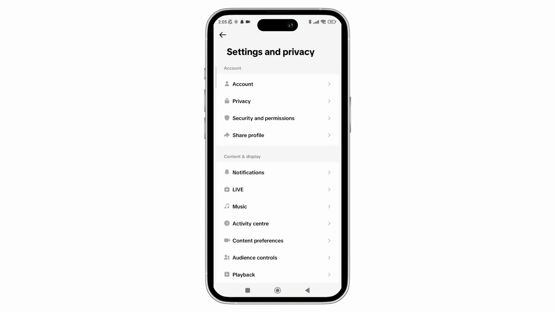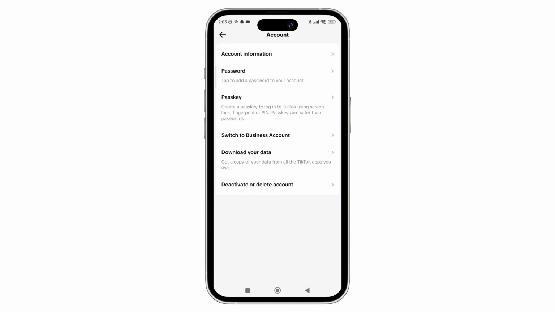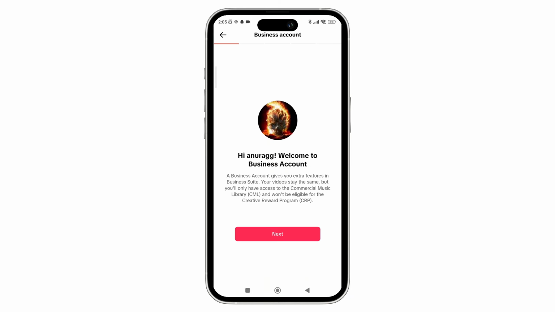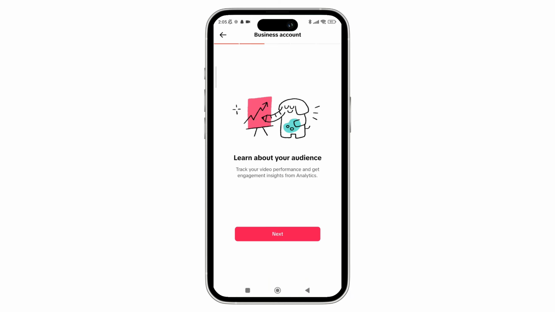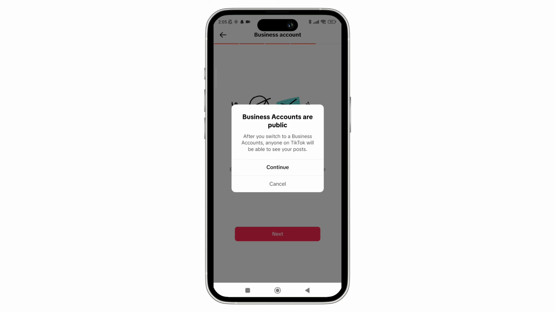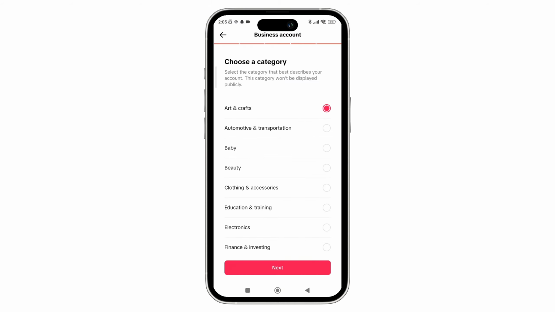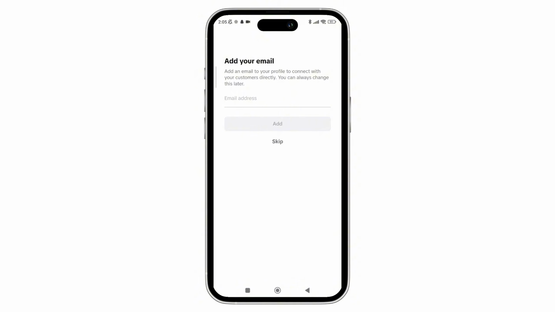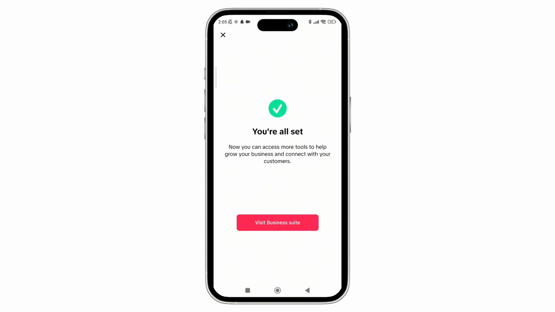And now here, once you are in this section, just select account. And now here inside the account, there you can see the option labeled as switch to business account. So here, if you are on personal account, then simply tap on it to switch your account to the business type. And this will give you the access to monetization tools and analytics. So here, simply complete the quick setup process. And here, once you're done converting your personal account into the professional account,